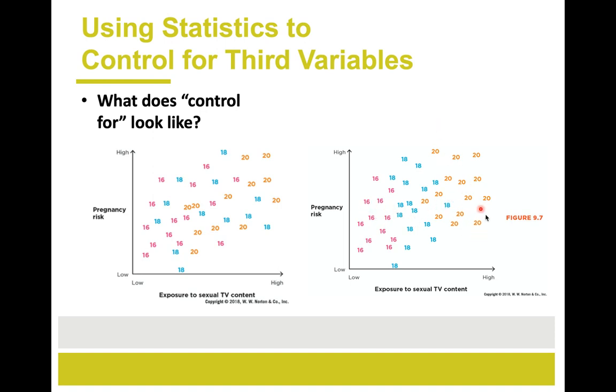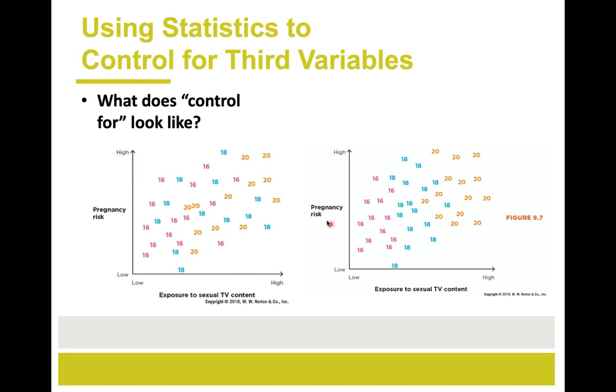If we just look at 20-year-olds, we would draw a flat line. So what's going on here is that age is accounting for the relationship between exposure to sexual content and risk of pregnancy. Exposure to sexual content and risk of pregnancy are not actually having a causal relationship with one another. It's simply that